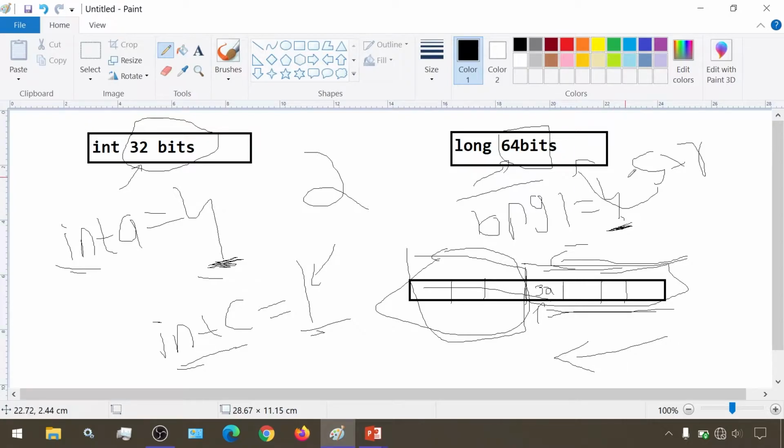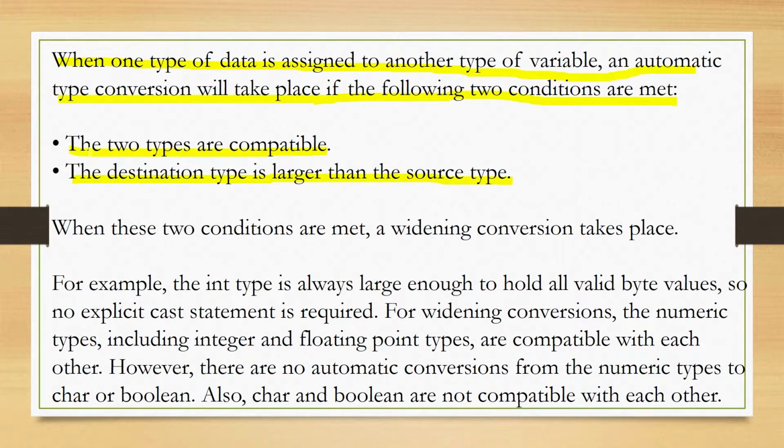So long and string are incompatible types, whereas long and int are compatible types because they both store the same numeric data. So the two types should be compatible. We can do int to int, int to long, or byte to int, like that.